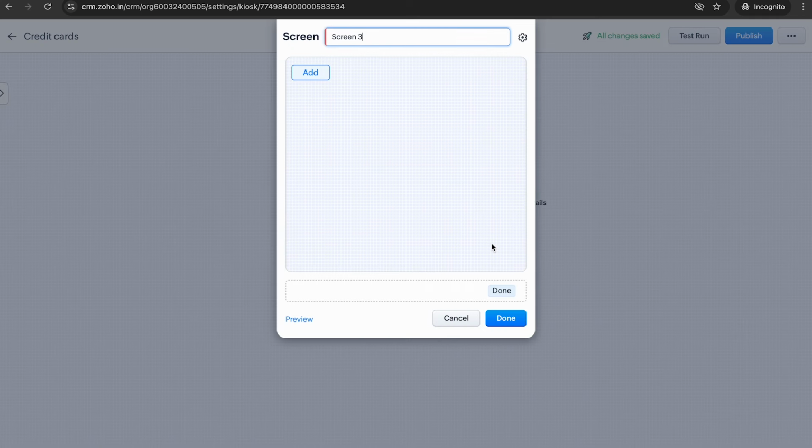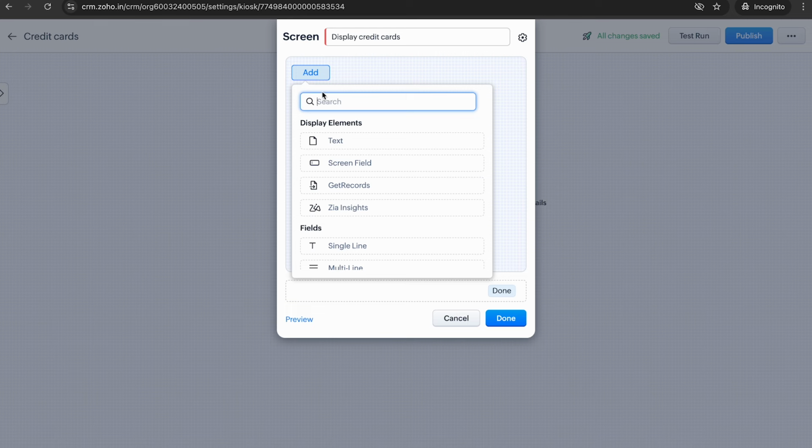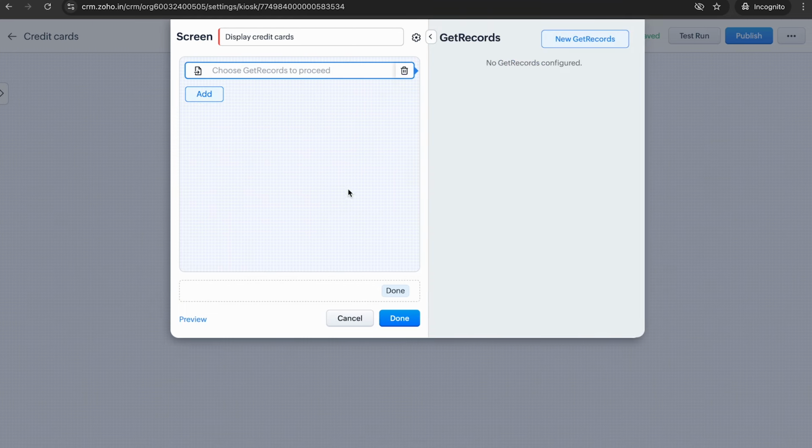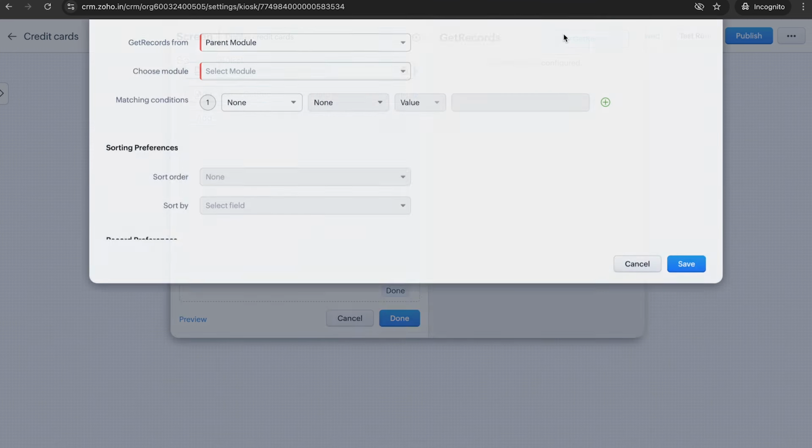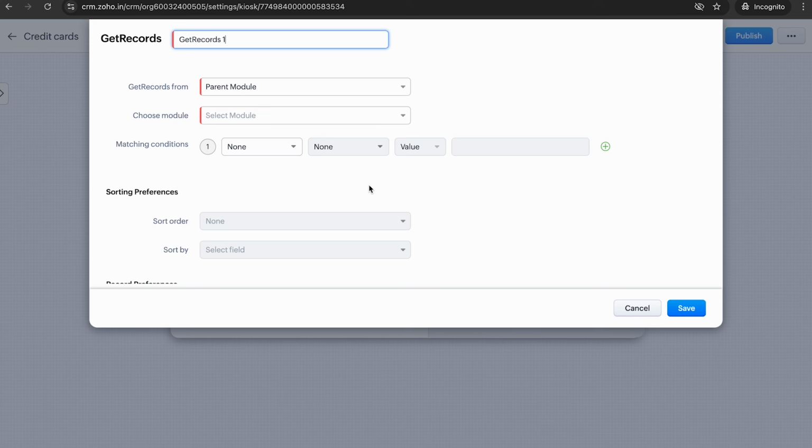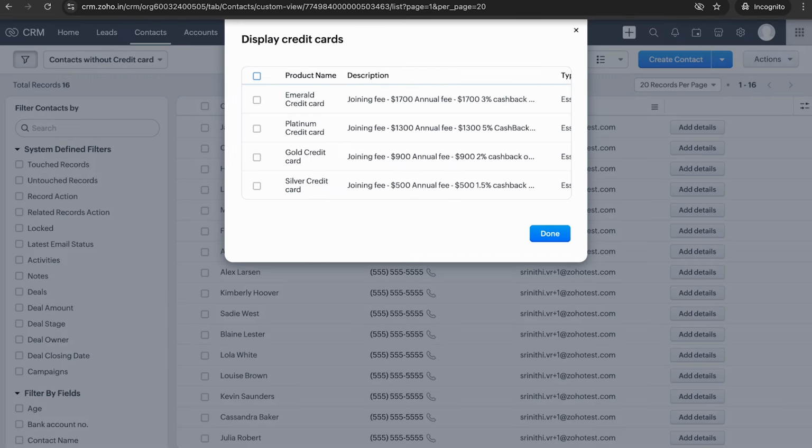Let me create another screen. I'm going to name the screen display credit cards. I'm going to choose get records. Click on new get records. The get records component is used to pull in records from a particular module and display them to the user based on a particular criteria. Now, as you can see here, based on a particular criteria, these specific cards are displayed